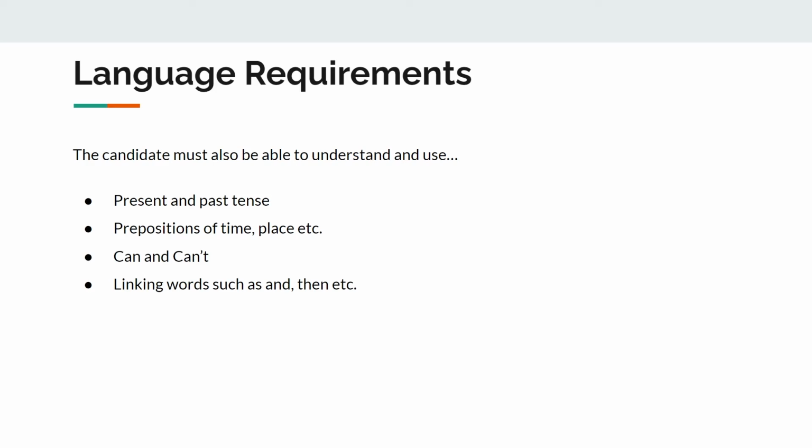So these are grammar requirements that you must fulfill. But these are very simple requirements, and you can easily practice them with your partner or with your friend, and you can easily get the hang of it. Lastly, let's discuss the topics of the conversation.